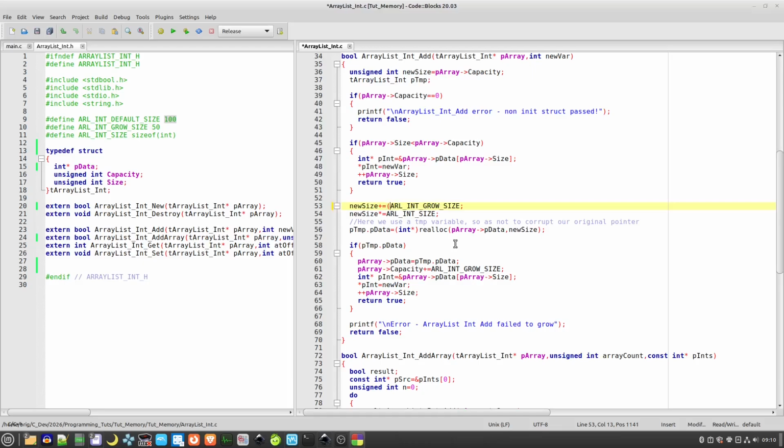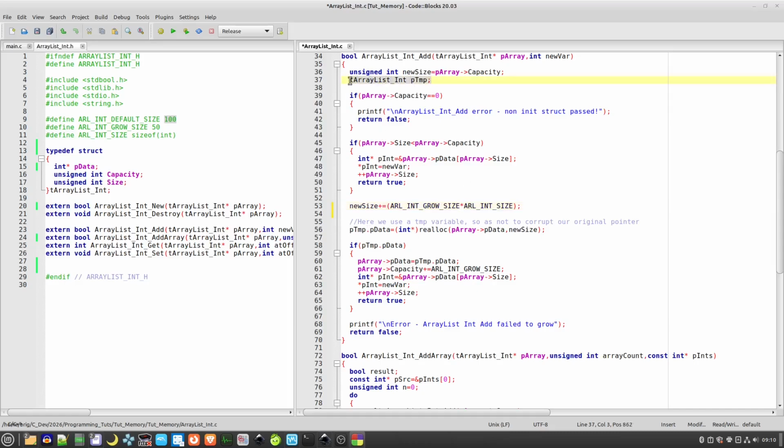It should be grow size times int size here. So what happens here is the new size gets the grow size times the size of an int added to it. This will be the new capacity. And then